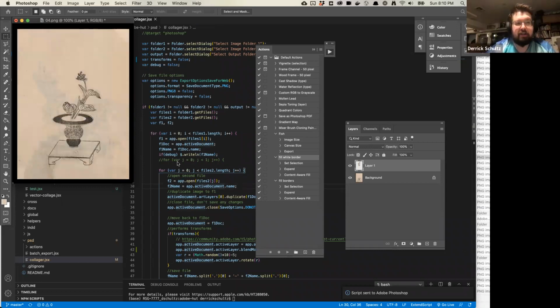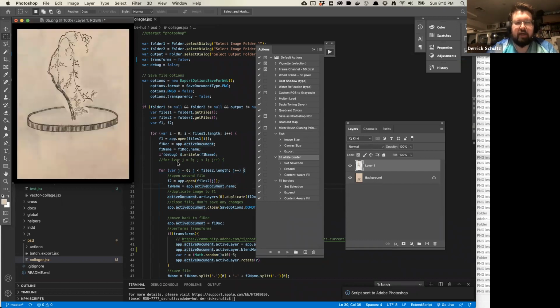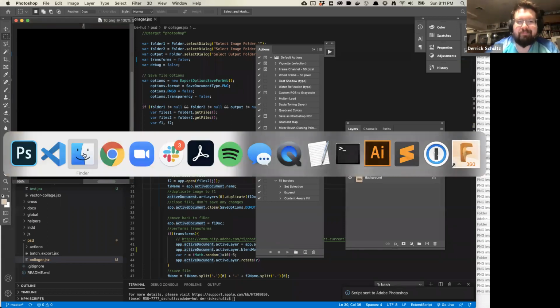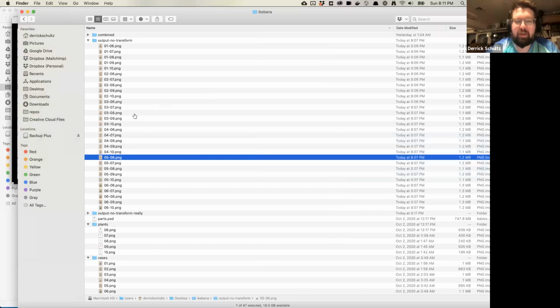So, I mean, I think this actually would be good for StyleGAN, but I would need way more data. And this is a case where I would probably want to go find a bunch more vases and a bunch more black and white plants and set it up to be this setting, right? What's nice about this is that I made 10 files and it generated 30 files for me. So in that case, it is really good, but I definitely need more data, right?